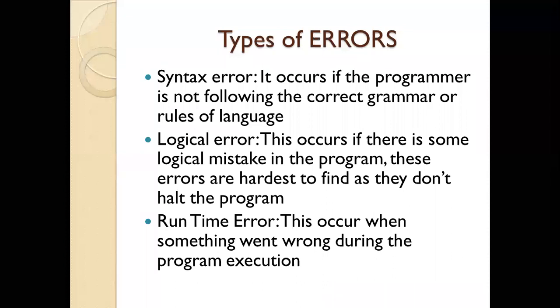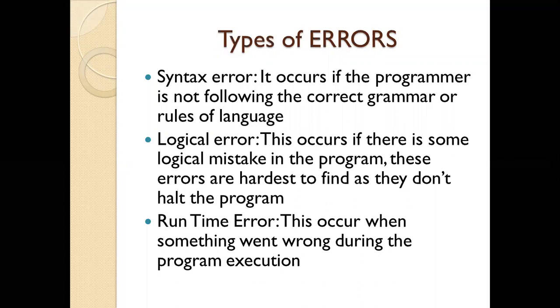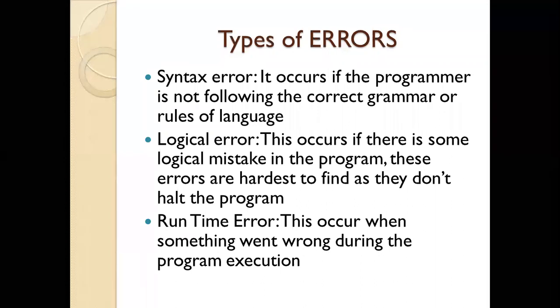For example, you are entering your ID and password in the software and it gives you an error message that the ID and password you are entering is not correct. If anything like this happens, this type of error is known as a runtime error. It means something went wrong during the program execution. Execution means when the program is running, at that time something went wrong. What went wrong? You have not entered the correct ID and password. That is why you are not able to proceed further. So this type of error is known as a runtime error.